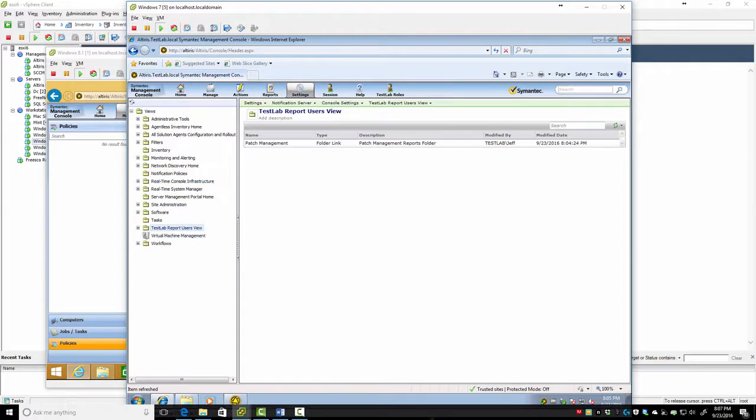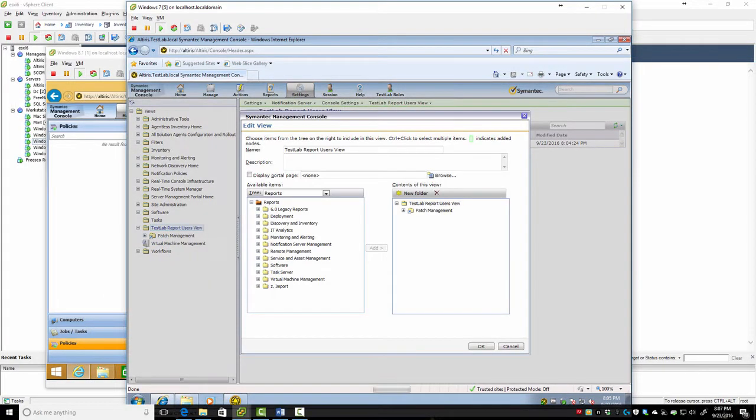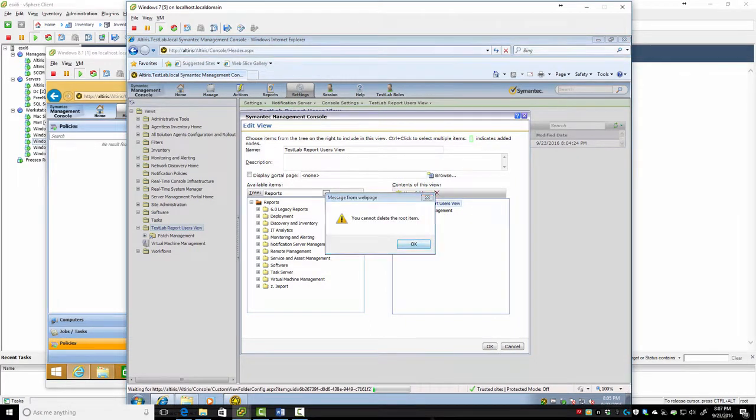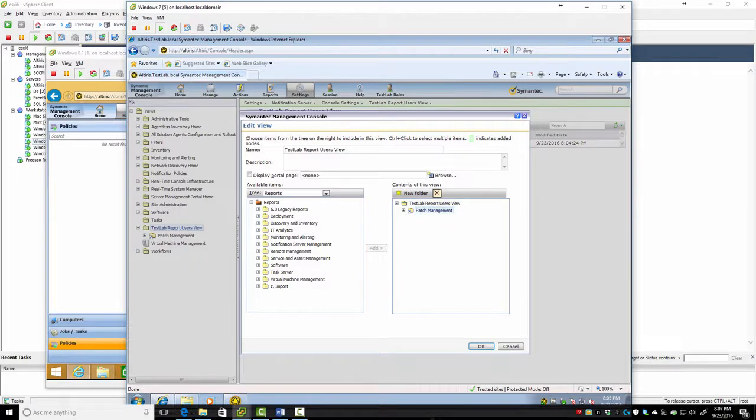Here's the view. And we're going to edit the view. We're actually going to delete this. And what we're going to do is under reports, I don't care if they have everything. You know what? Actually, we will do this. Can we delete individually? No. All right. So if there's certain things you don't want them to have,